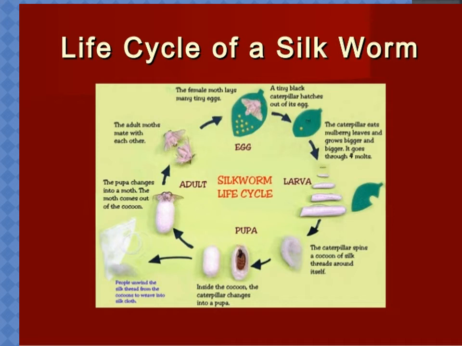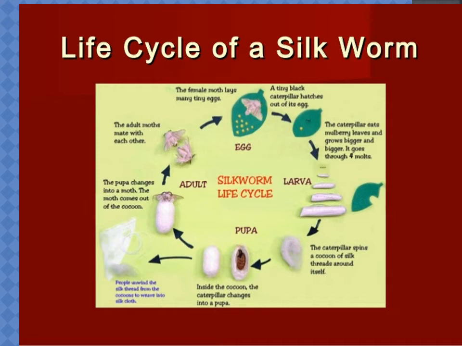The adult silk moth lays the egg on the leaf. The egg hatches and gives the larva. The larva eats the mulberry plant